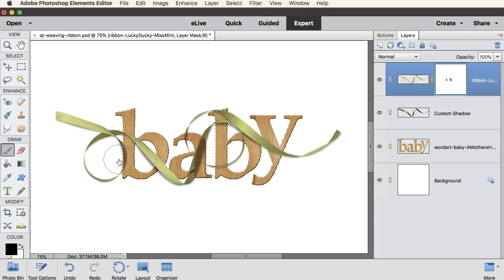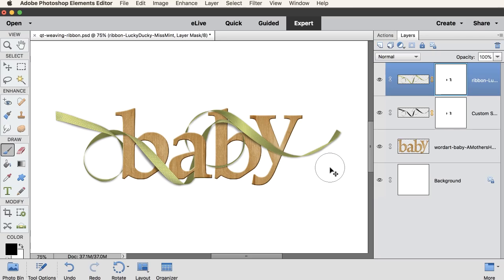Now you can see that we got rid of the ribbon, but the shadow still remains. So to remove the shadow as well, hold down the Alt key or the Option key on a Mac and click and drag on that mask and drag a copy of it down to the shadow layer of the ribbon. And then when I press Control D, Command D on a Mac to deselect, you can see that part of the ribbon looks like it's behind the word art and most of the other parts of the ribbon are above